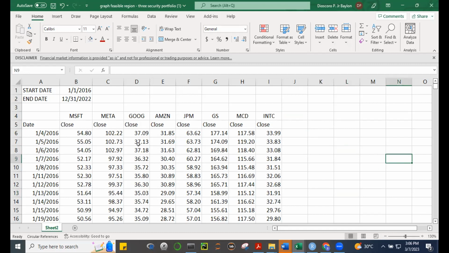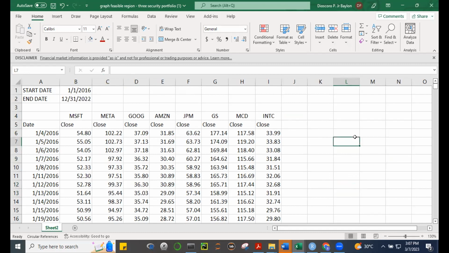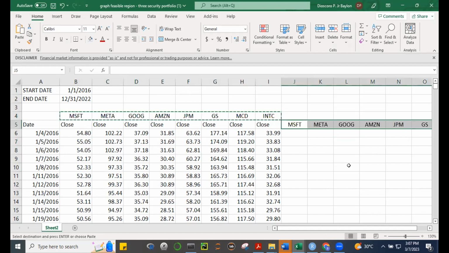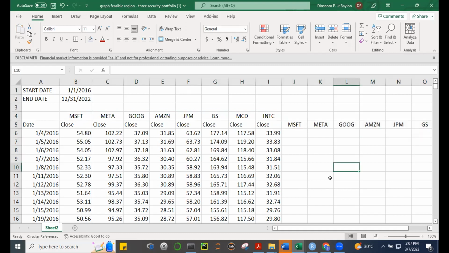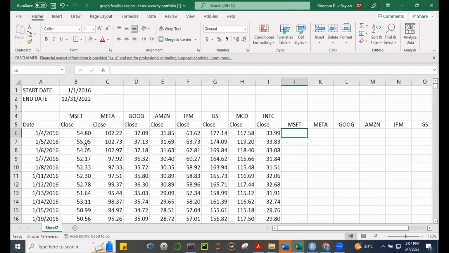When we do portfolio optimization, portfolio analysis, we don't deal with the prices. What we're interested in are the returns. Okay, so let's copy this, Control C, and let's move it here, Control B. I'm copying it here because to get the returns for